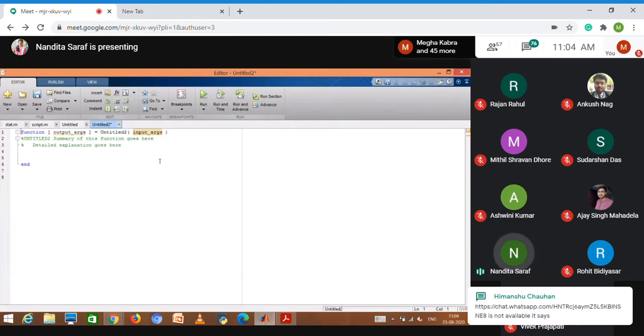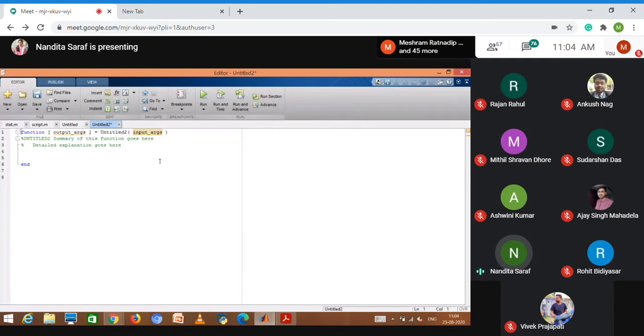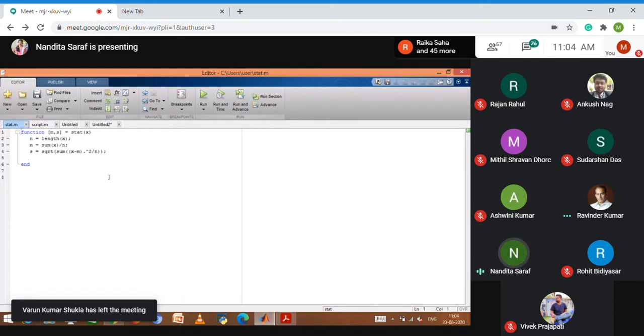So here as an input, I'll be giving the numbers, and the function will be taking those numbers, calculating average and standard deviation of the numbers, so input will be an array, and the result will be two variables. Here I have defined two variables, m and s. Stat is the name of the function file and x is my array.